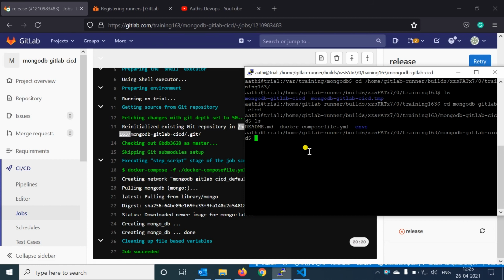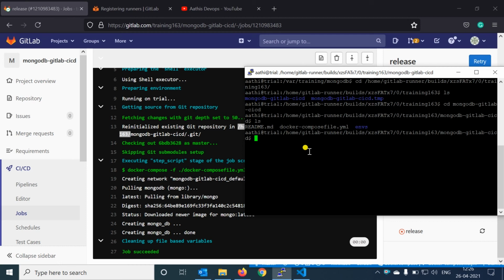You can check, we have the readme file, docker compose and environment. Everything is moved inside the server. Earlier we were using FileZilla and similar commands for moving the code from the repository to the server. Now we have no need of those things. By using the GitLab CI/CD runner, it takes care of those activities and moves the code to the runner folder. From there it deploys the code to the instance.